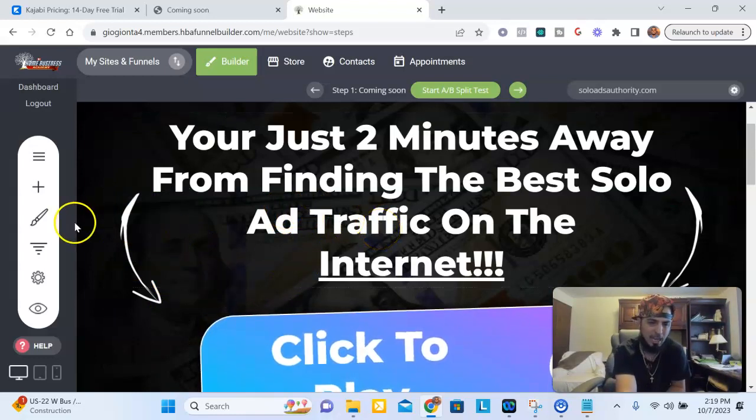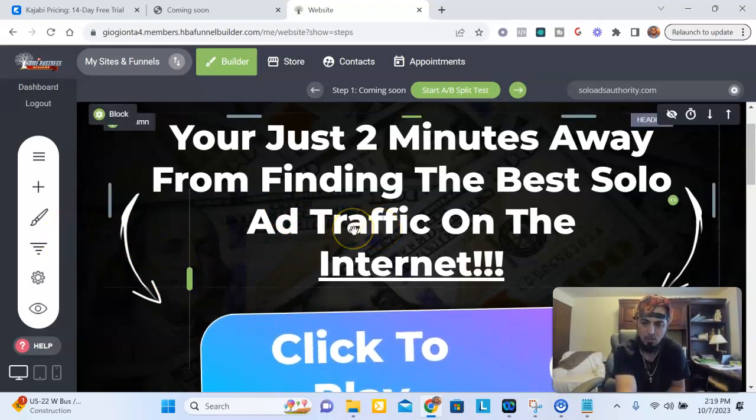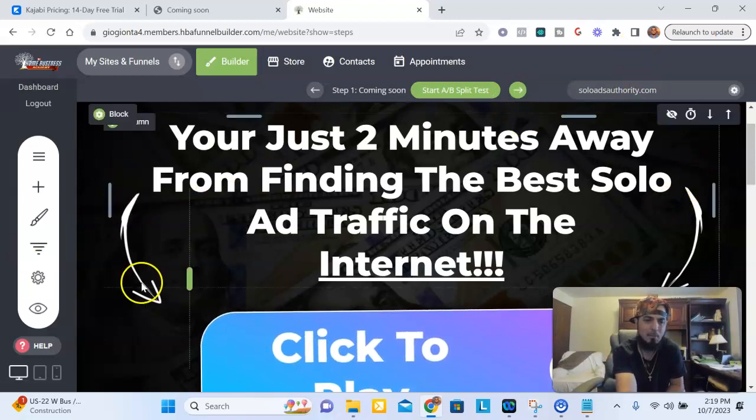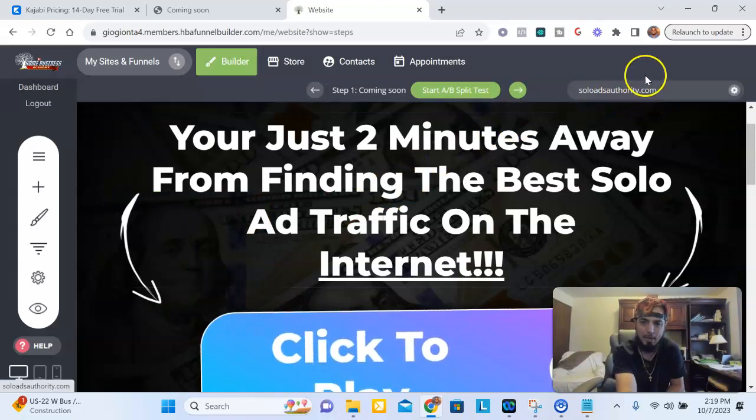So you can have unlimited funnel builders added to your funnel building site once you have the funnel builder, right? So you can just add a funnel builder to it, and it would still be $25 per month, right? And you would just add unlimited funnel builders if you had different products that you were creating or courses or something that needed a unique domain name. Otherwise, you can just build off of this one domain name and have it as a subdomain, which it would be Solo Ads Authority